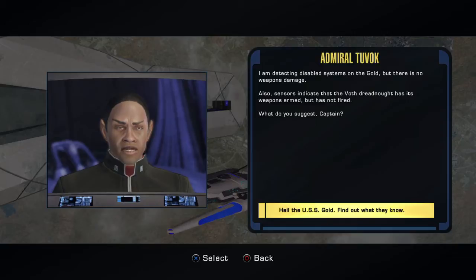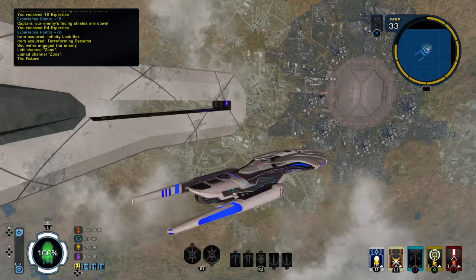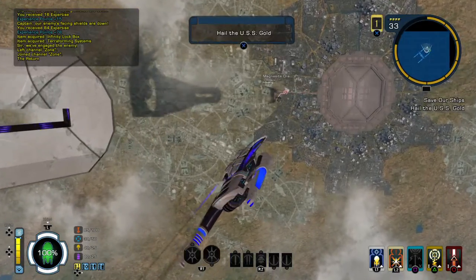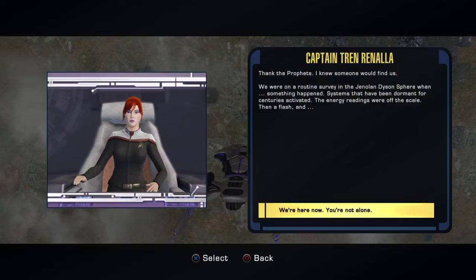I am detecting disabled systems on the Gold, but there is no weapons damage. Also, sensors indicate that the Voth Dreadnought has its weapons armed, but has not fired. What do you suggest? Thank the prophets. I knew someone would find us. We were on a routine survey in the Jenolan Dyson sphere when something happened. Systems that have been dormant for centuries activated. The energy readings were off the scale. Then a flash and...